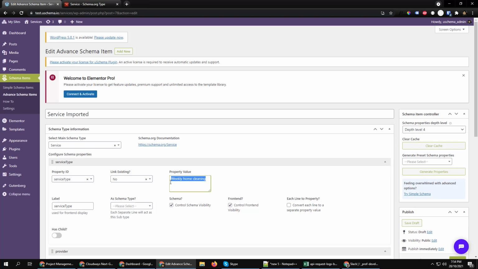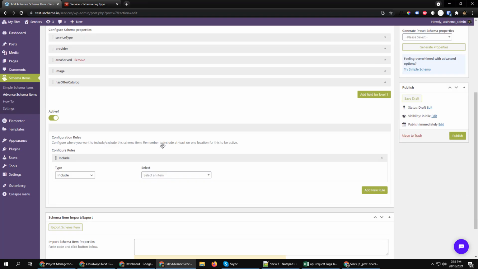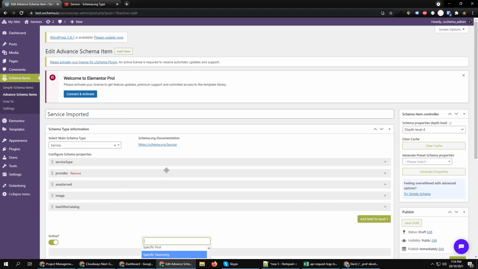So you can fill out this option property, or if you want to link it to the CPT, like a services CPT that you might have already created, then you can link to the post title for that CPT. And under the settings, if you scroll down, you can include it to any particular CPT to show. For instance, if you have already created a services CPT, it will appear over here and you can simply select it, and this schema will be applied to that particular service automatically.